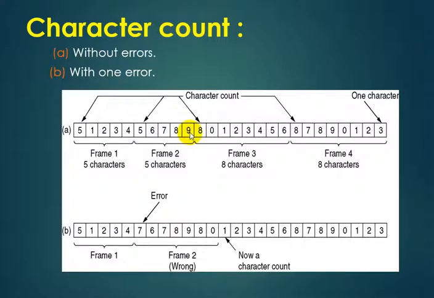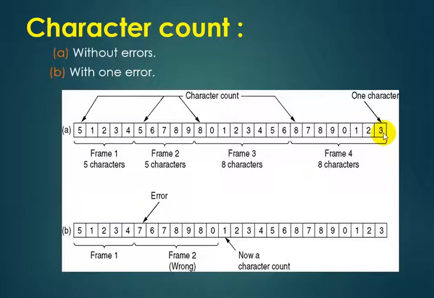After 9, the frame has to start with 0, but there is no 0, so I am adding 8 characters, again 8 characters in the frame. So after 9, 0, 1, 2, 3, 4, 5, 6, up to 6, again 8 characters I want inserted in the frame. After 6, 7, 8, 9, 0, 1, 2, 3, so up to 3. So this is without error.